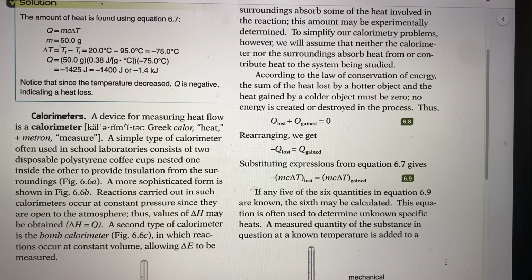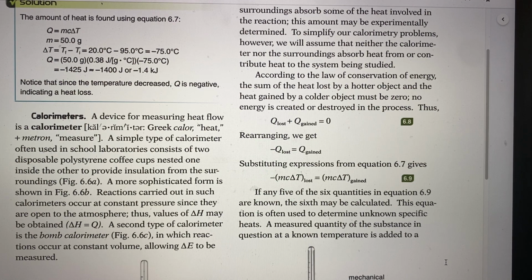Right here it says, of course, we know from the conservation of energy that heat lost is going to equal heat gained, or heat lost plus heat gained is going to equal 0. According to the law of conservation, we know this. So we can rearrange this and make negative heat lost equal to heat gained. And then they can substitute by putting in m times c times temperature change. You're going to see the lost is going to be negative and the gained is going to be positive. So that's kind of important in some areas,